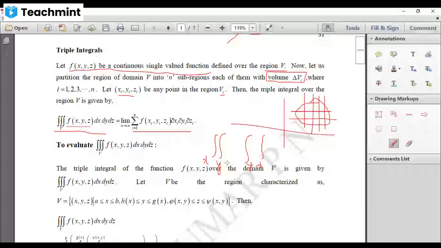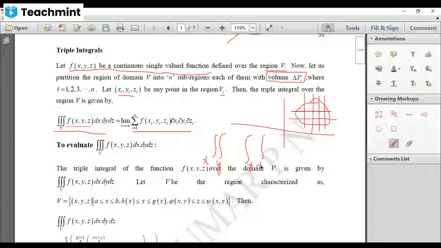If it is dependent, then x will take constant values, or y may have constant limits also. That possibility is also there. Both may have constant limits, or y may take constant limits and x may be dependent on y, or x may take constant limits. Both may be of constant limits.